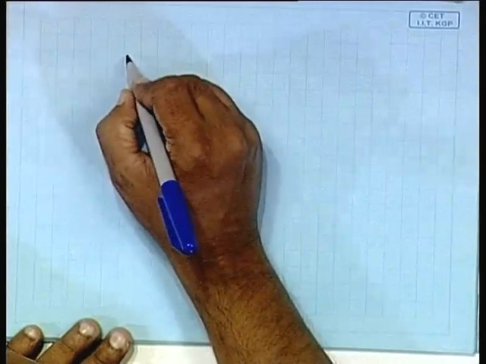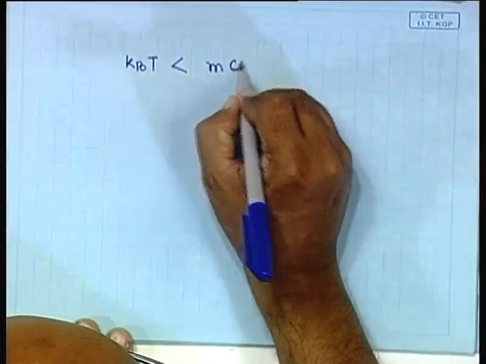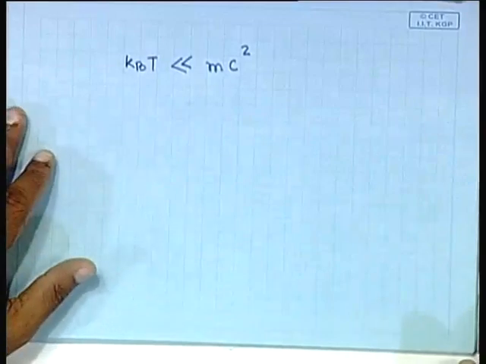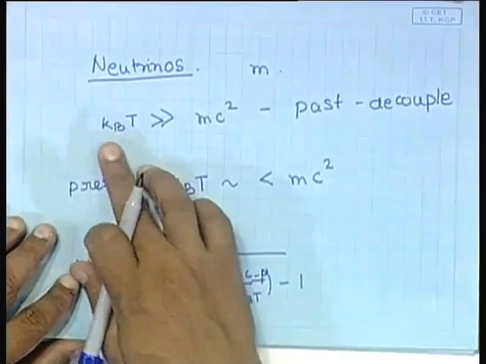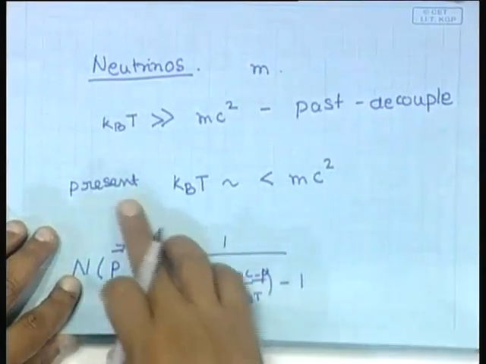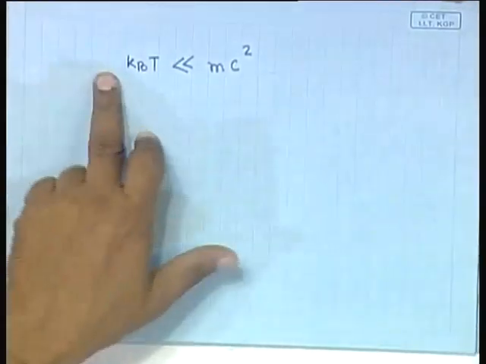The next question is, if I have massive particles, a situation where k_B T is much smaller than mc squared. So, I have particles in thermal equilibrium with k_B T much smaller than mc squared. The neutrinos, remember, are in thermal equilibrium in a situation where k_B T is much more than mc squared, and then they decouple. What happens when the temperature of the universe falls below mc squared is a different issue. Now, we are dealing with particles